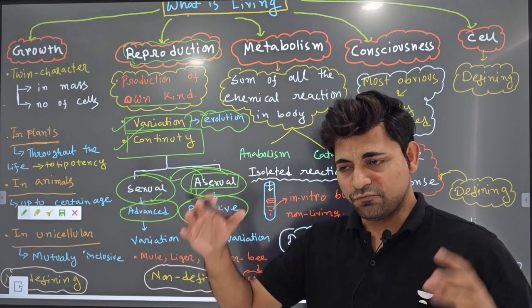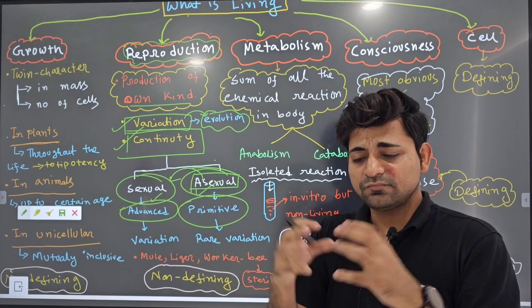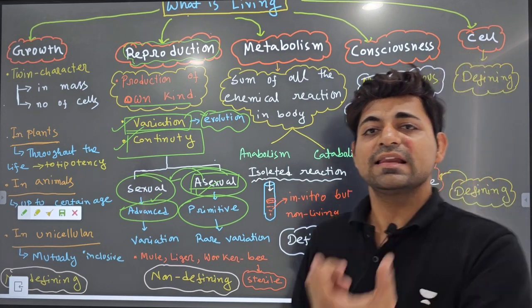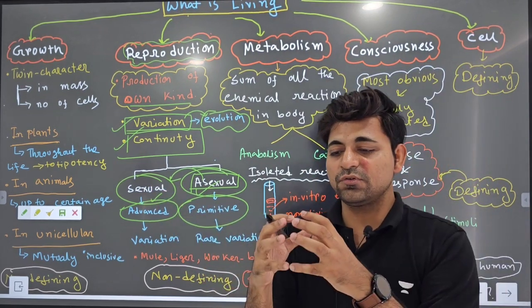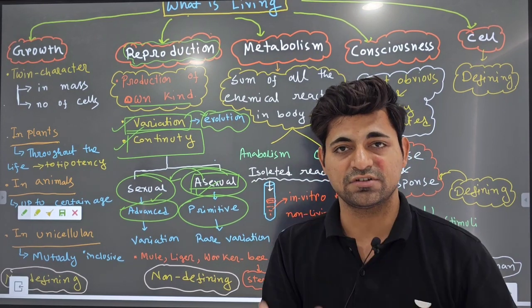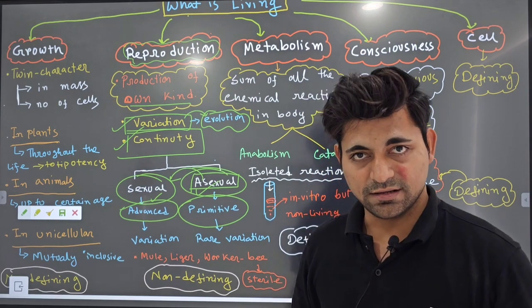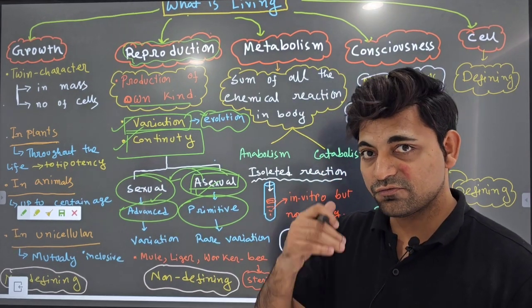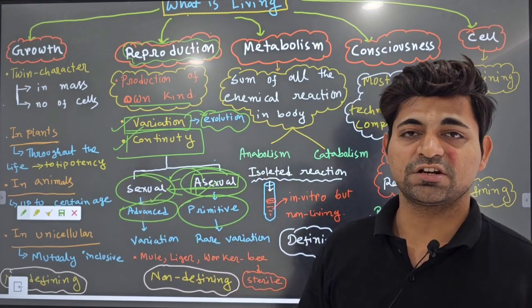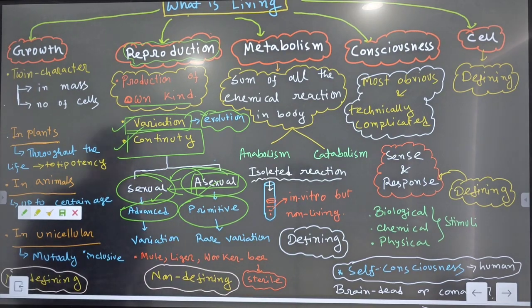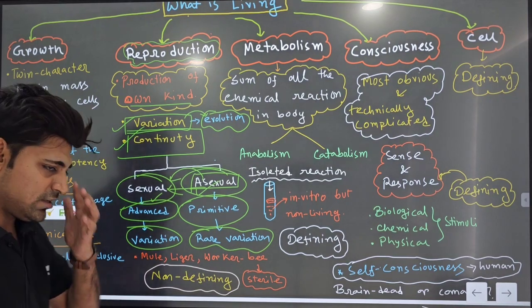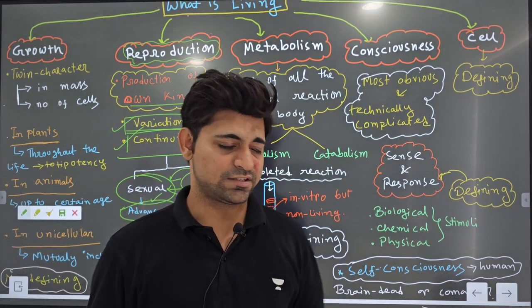So nature thought, why not keep two organisms together, two motile cells of two organisms together. Basically it happened with algae. Two motile cells of two organisms together, and let them fuse with each other so that they can share their resources, they can share their genetic material. So that was the point when nature gave rise to one superior mode of reproduction, the sexual mode. And that will lead to variation. In asexual mode, there can be very rare variation, if there is something faulty in DNA replication.